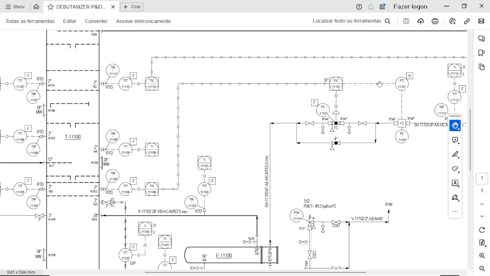This dashed line most often means that it is an electrical signal. So the flow element will send an electrical signal to the transmitter, and the transmitter will send this electrical signal to the PLC or SDCD.